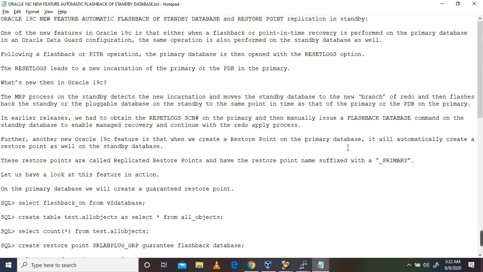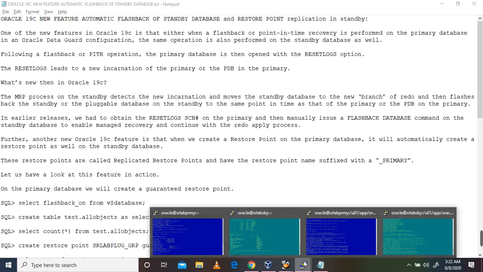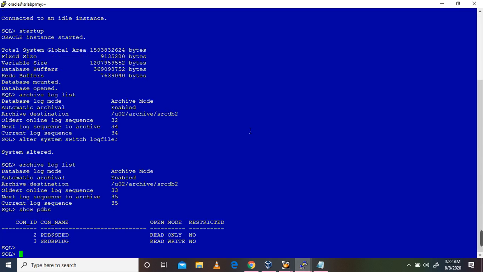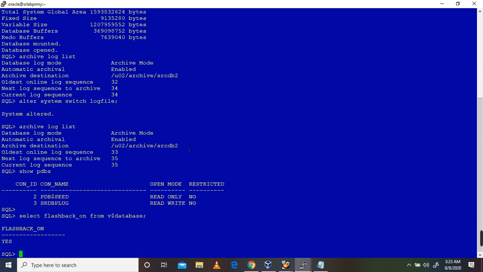Okay, let us have a look at this feature in action. I have the 19C databases running, in archive log mode, and the database is running with flashback on.